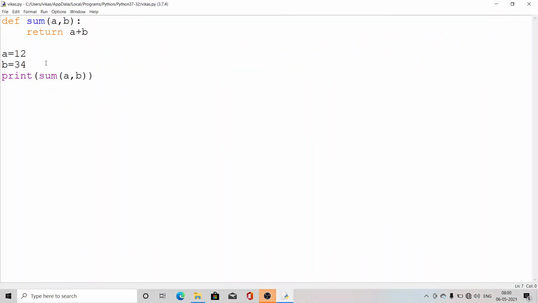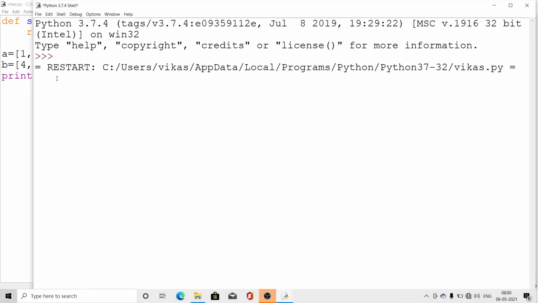Clear? Now here if I am defining list 1, 2, 3, and here I have done 4, 5, 6, so what is the data type of this? It is also list. Then the action is taken by the function in the form of list. Look here, we got concatenation, joining of two lists.